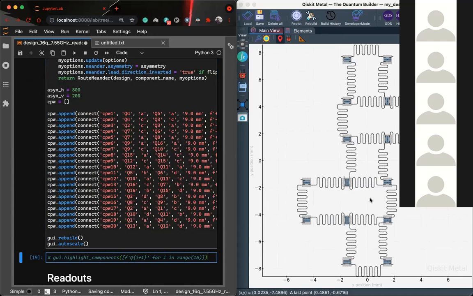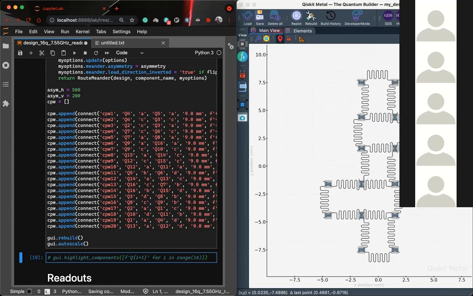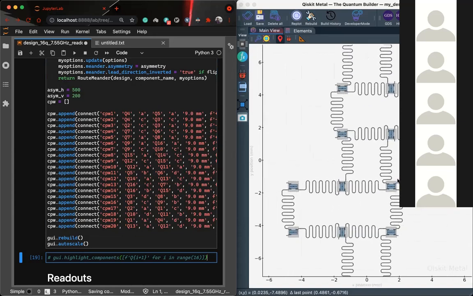So if you go on IBM Q Experience and you see different hardware, they give you a qubit connectivity graph. Okay, so that graph is directly relatable to the formation in which the qubits are there. Each qubit is a circle in that, and each of these meandered interconnects is a line connecting the 2 qubits. So that's how it is represented. Okay, and this is a particular design that you can make.